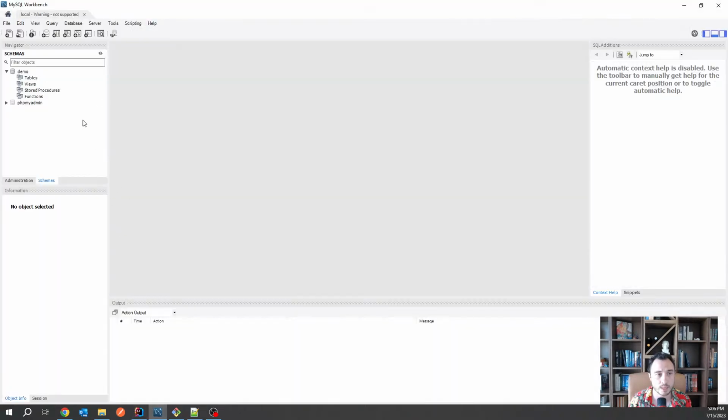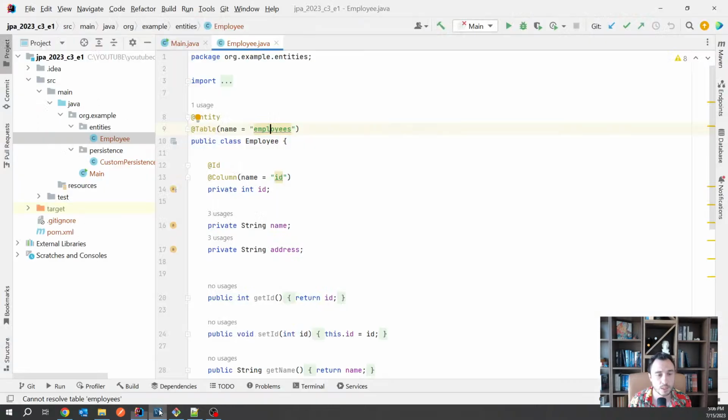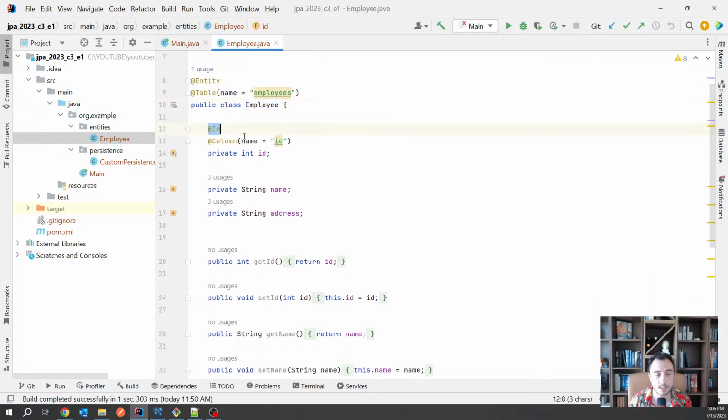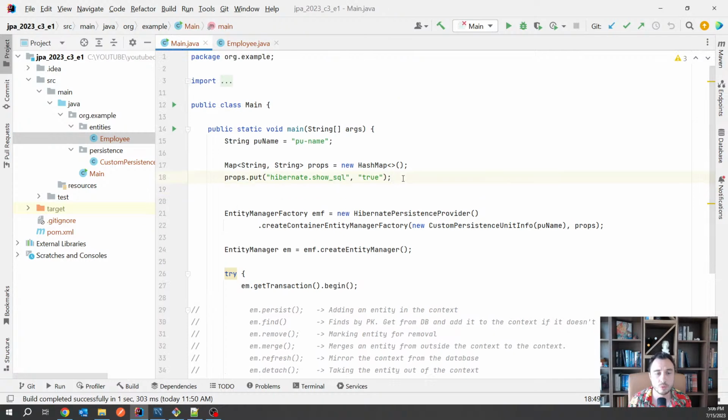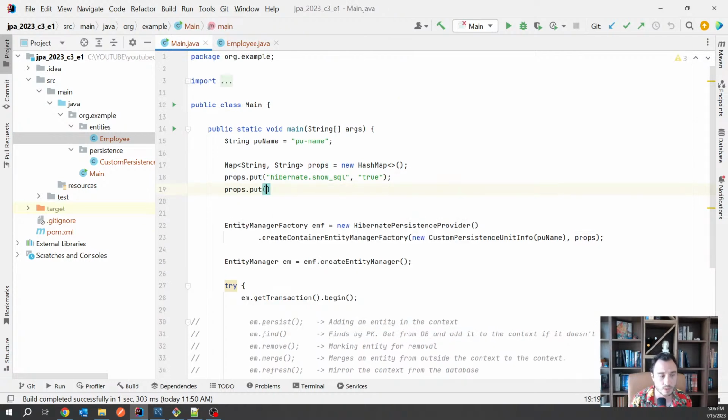I have no table now, so it's only an empty database. Okay, see, nothing here, there is no table. I only defined the entity, so you have the ID, you can see the ID is marked with the ID column. As I told you, it's mandatory. I've used here the column annotation, you know, it's not essential unless the name differs. The table annotation, getters and setters, and then here what I will do now, in the properties, I'm gonna put the Hibernate, I think it was